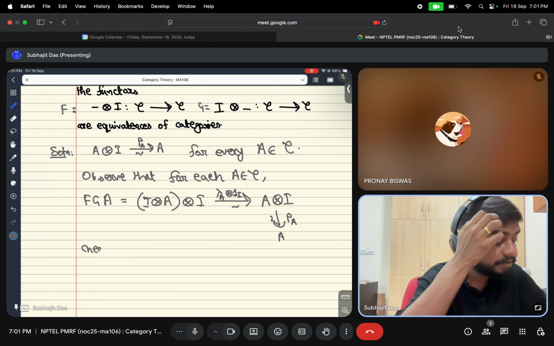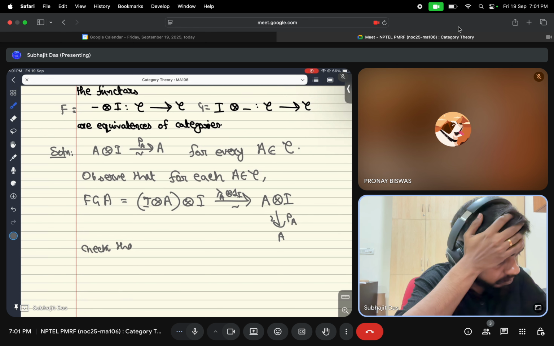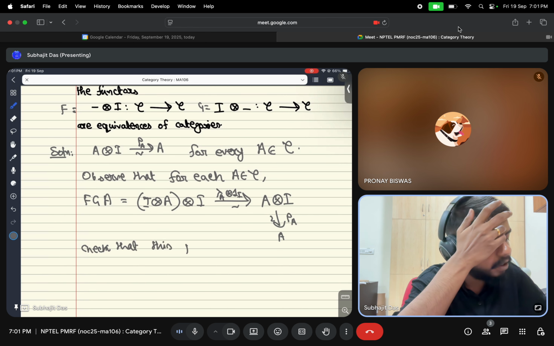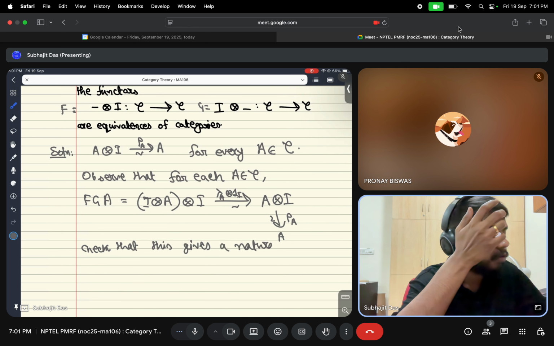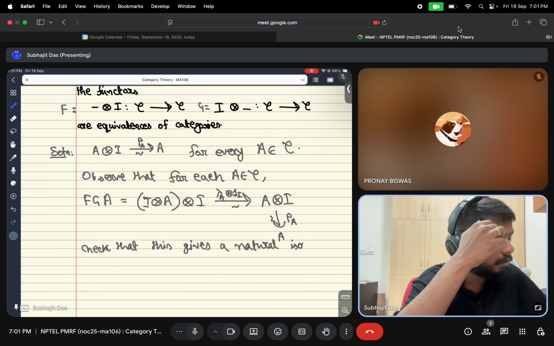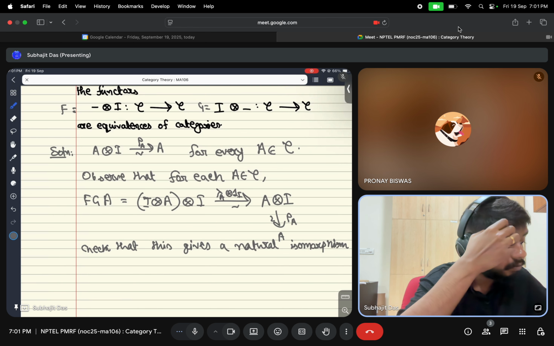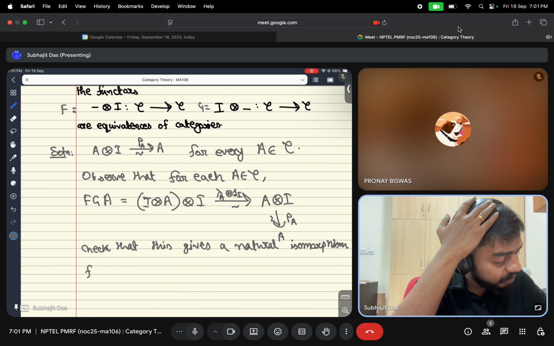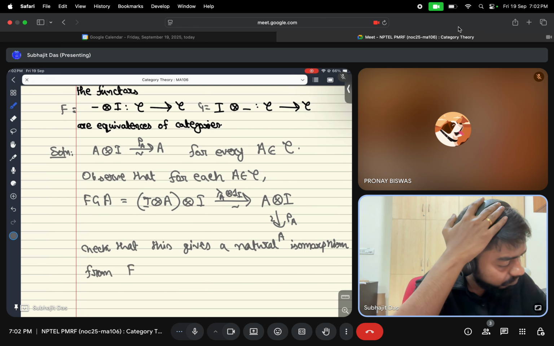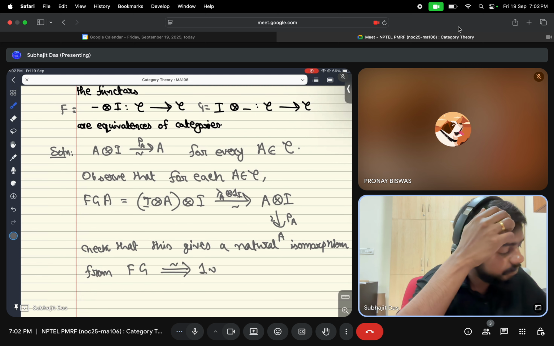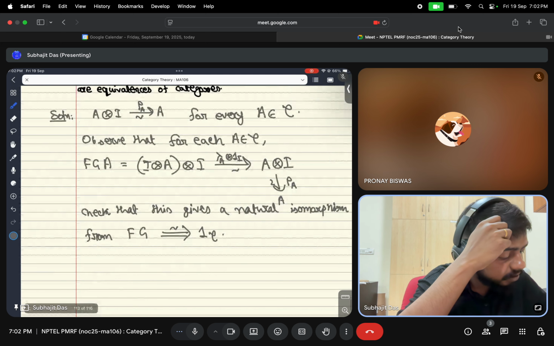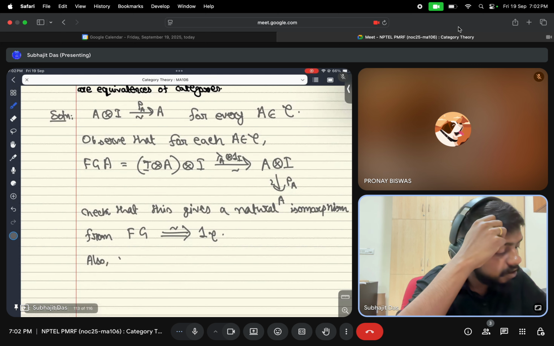Check that this gives you a natural isomorphism, so a morphism from FG to the identity on C, and also check that